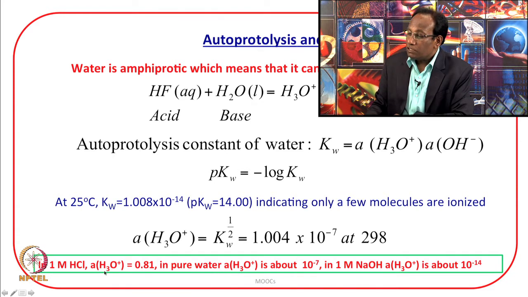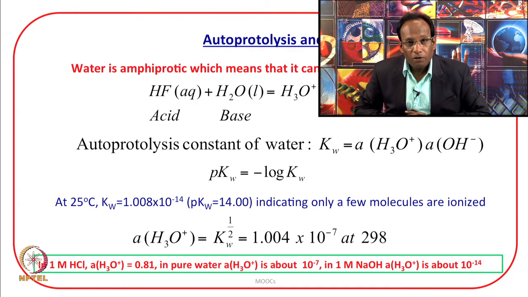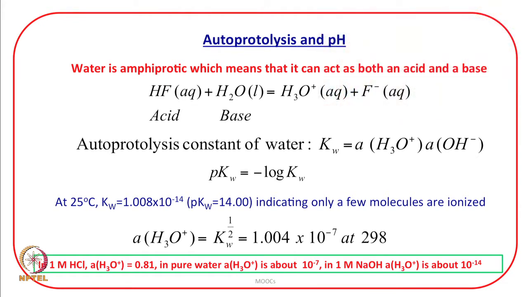See, the activities, if I say 1 molar concentration, activity is different because activity coefficient has to be included, and here activity is 10 to the power minus 7, here activity of hydronium ion is 10 to the power minus 14. Therefore, there is a need to develop a new simpler scale